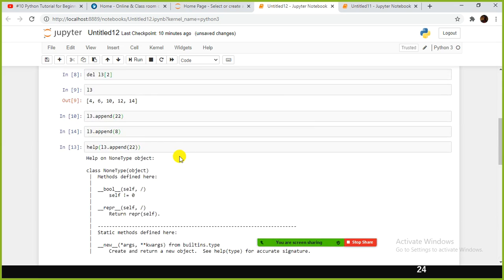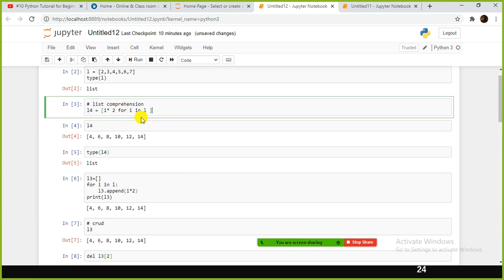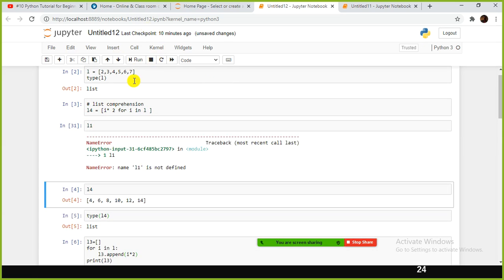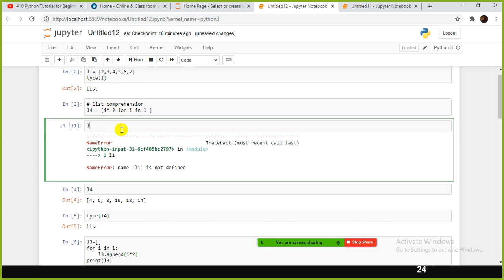Fine. So then the next assignment for you, simple thing, right? What you do is, whatever values are there in L which are not there in L2, L1, right? So what is L1 here? Let me just take L1 here. Kind of, A intersection B. L1 is not there. L1 I created, right?